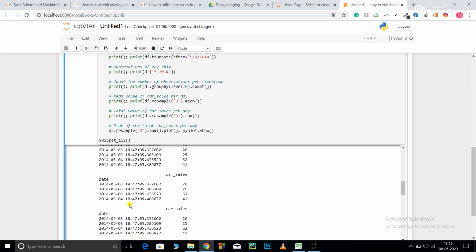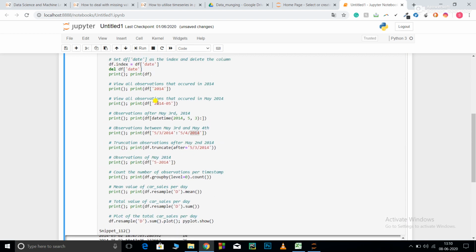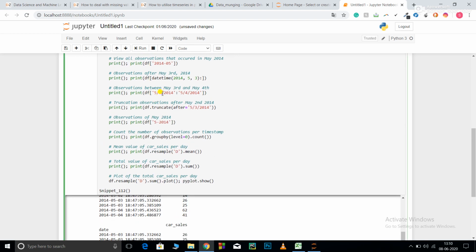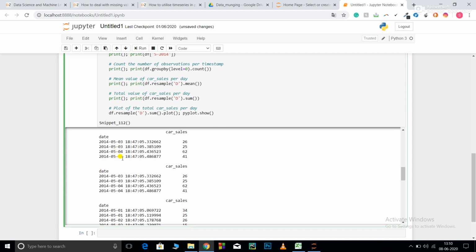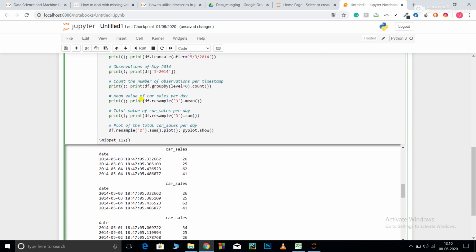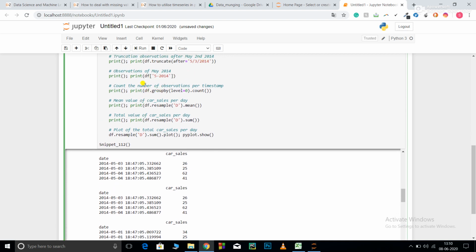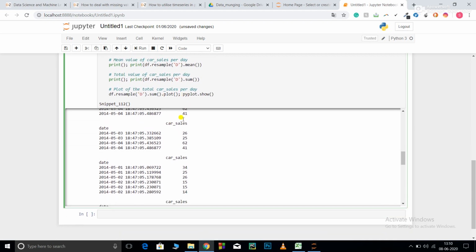This was the data set from 5/3/2014 to 5/4/2014. Okay, 5/6/2014 to 5/4/2014. Then it truncated in the next statement. We are truncating also, it truncated all those that were after 5/6/2014. Then print df 5 14, that is print all those that are in 5 14. So it printed those values for me.